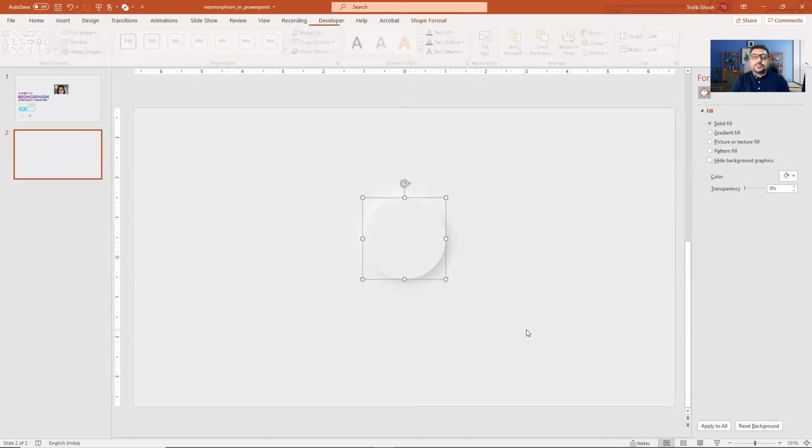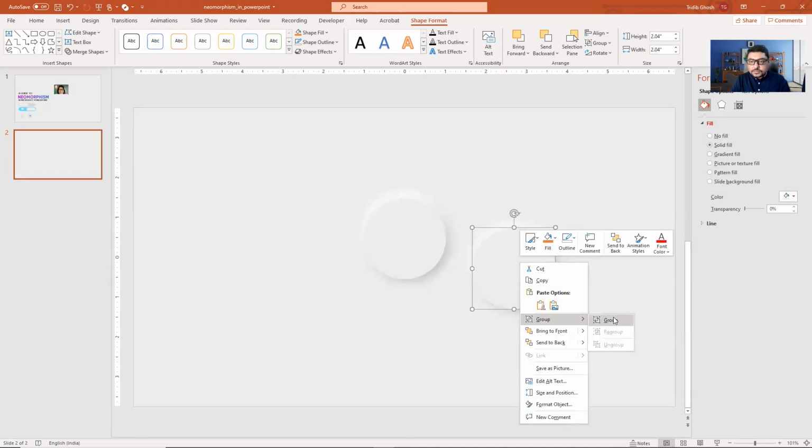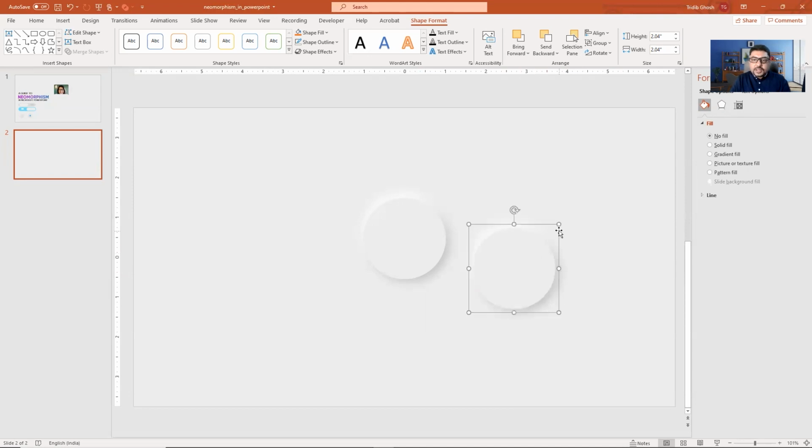Wow, your first step to your first neomorphism is done. You copy this and group it. Lovely. And then you scale it down.